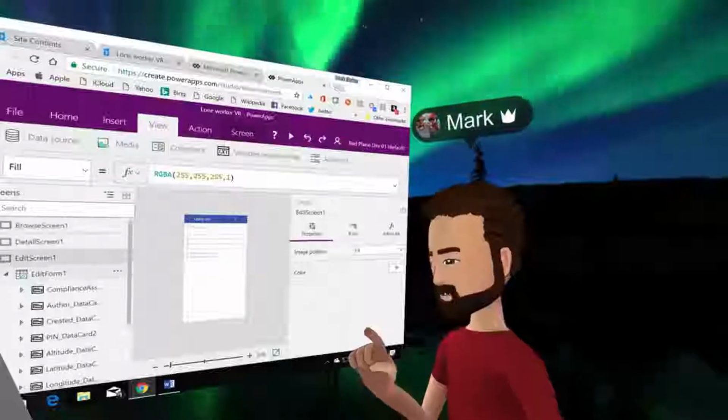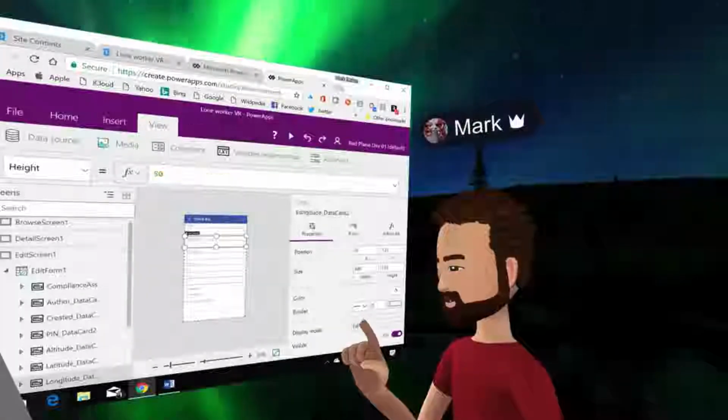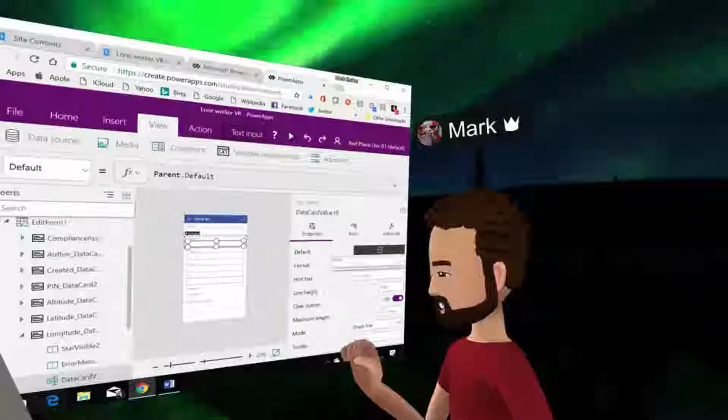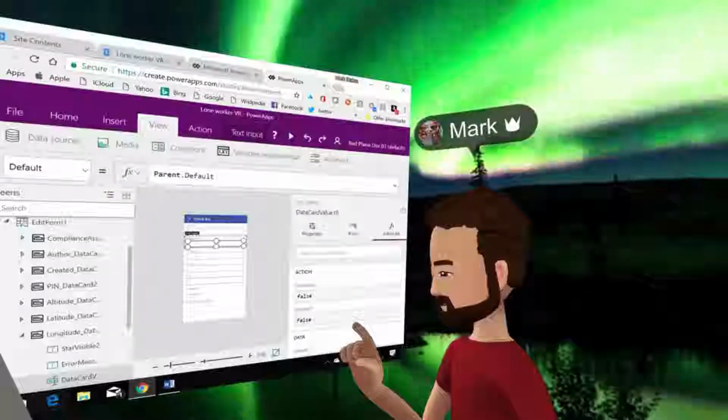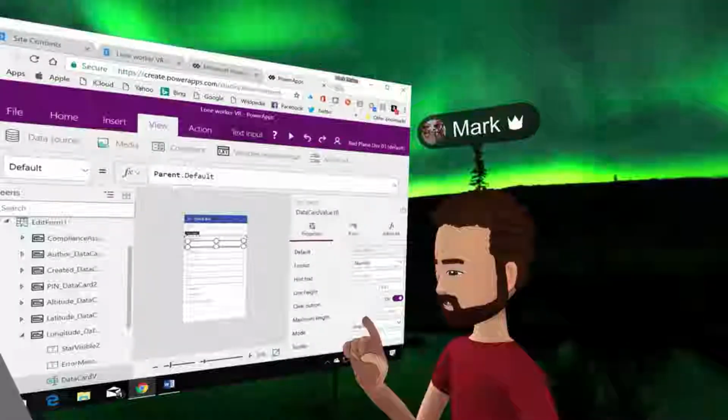So if I click onto my edit screen, you can see my edit screen is in here now. So what I want to do is I want to go to my longitude control, and I want to set my default value in here. Oh, see, I have to unlock these controls so I can go in and set it. I want to set the default value here to